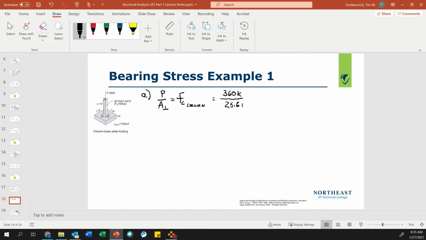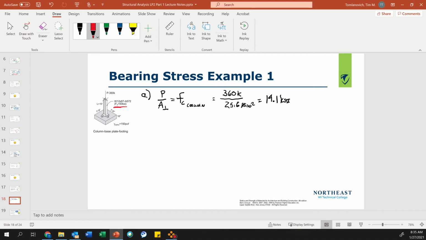25.6 P, oops, that's square inches. Okay, now if I do my math, 360 divided by 25.6, I get 14.06. I'm going to say 14.1 KSI. Now, if I look over here, it says Fy, my yield stress, it doesn't matter if it's in